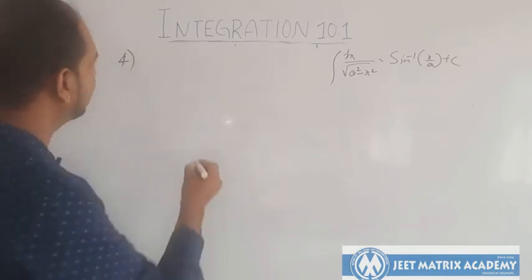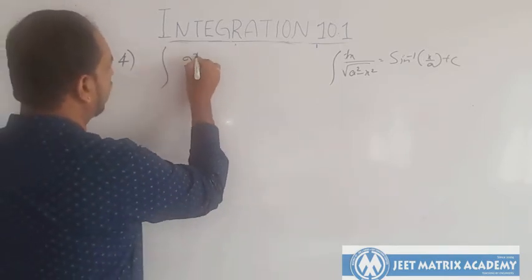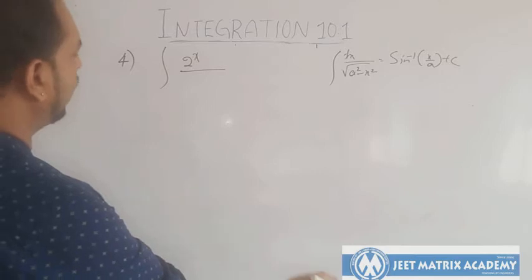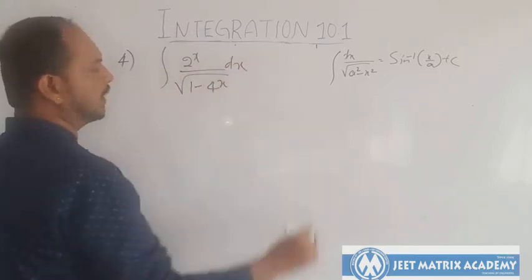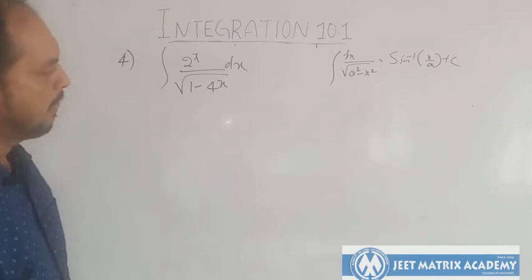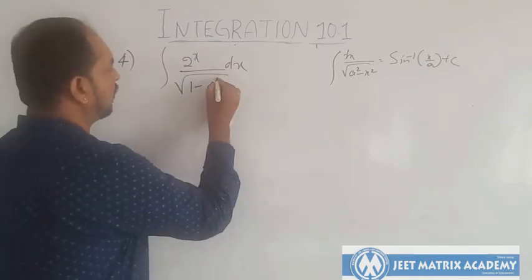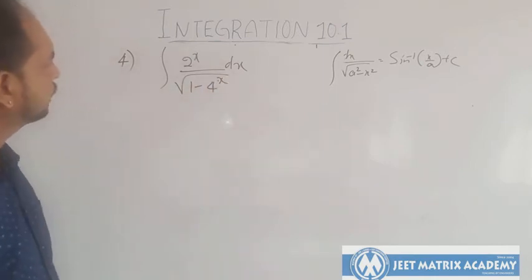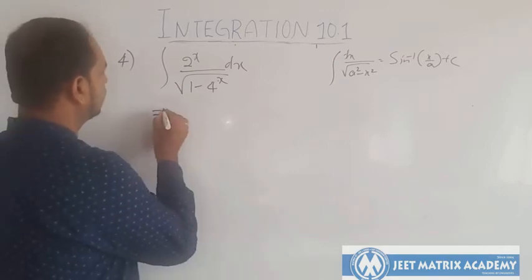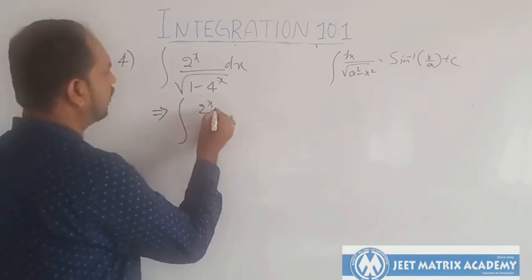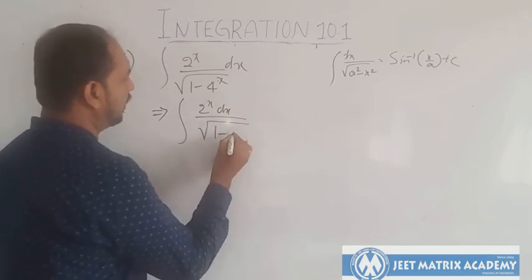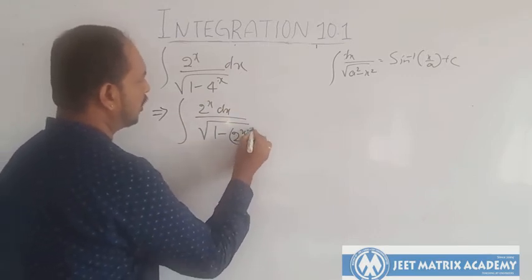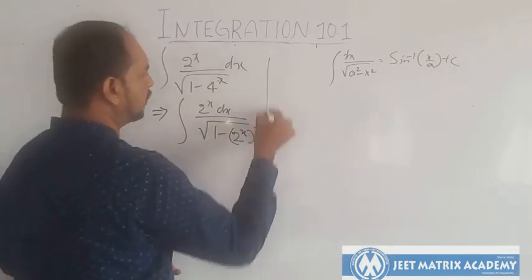Next problem we'll see. Integration of 2 to the power x divided by 1 minus 4 to the power x dx. This is 4 to the power x. Integration of 2 to the power x dx divided by root of 1 minus 2 to the power x whole square. Substitute